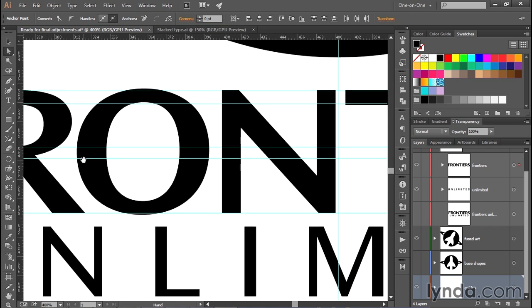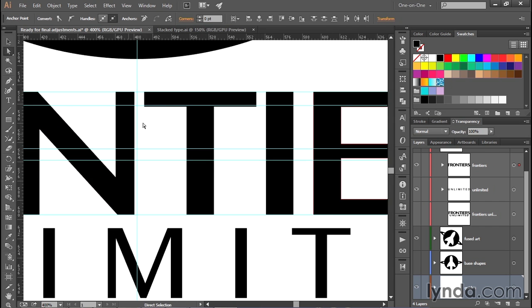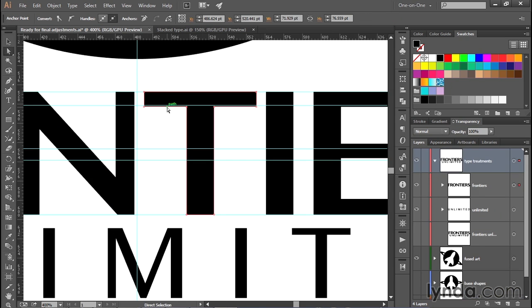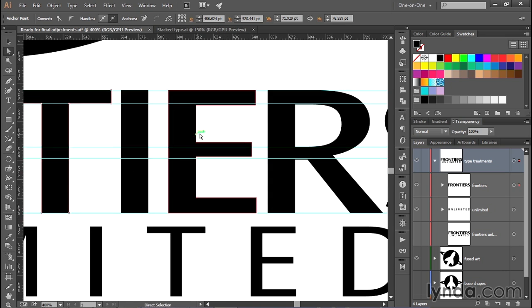All right, now let's move over a couple of letters to the T, and notice that if I click on the bottom of this arm, and I'll shift-click on the bottom of this arm, they're both selected now, and I can press the up arrow key to raise both of those segments so that we have a narrower top to the T. All right, now let's move over to the E,